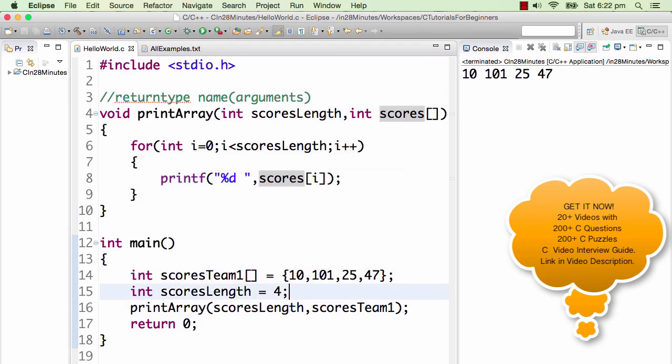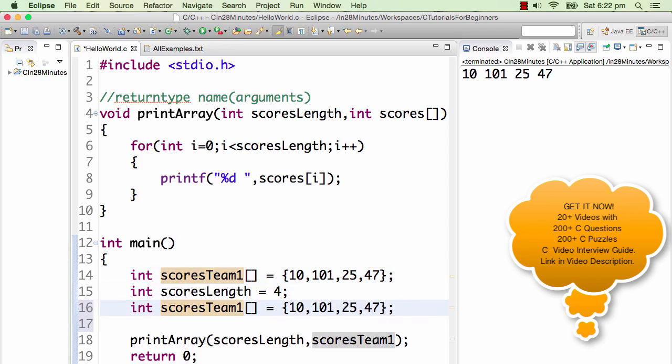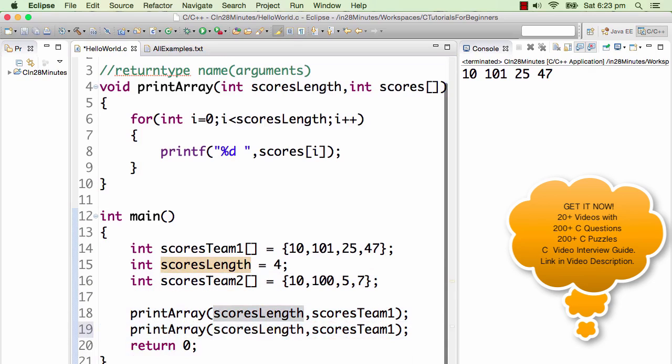So the great thing about this particular program, now I can use the same function to print another array as well. I want to print the marks of team 2. So let's say 101 and 100, 5 and 7. This is the opposition team. I don't want them to make a lot of runs. 101, too much. Okay, let's use this. So now the great thing is I can actually use the print array function to print the scores of